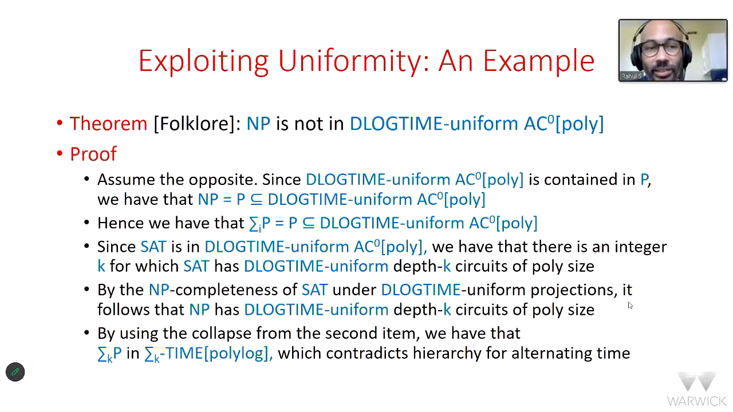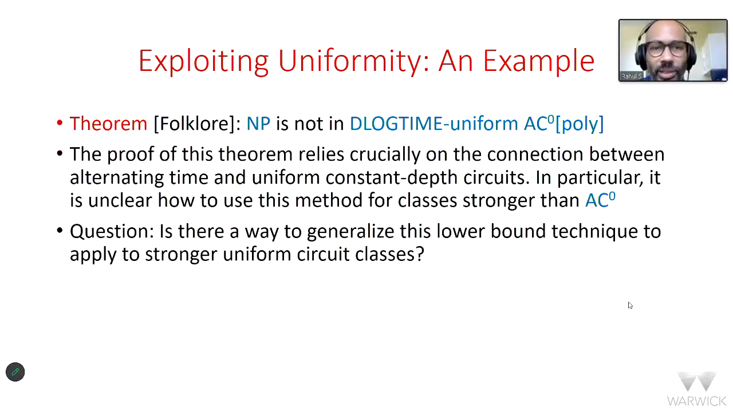So this is how the indirect diagonalization works. It eventually contradicts the hierarchy theorem for alternating time. But the crucial aspect of this argument is the connection between alternating time and uniform constant depth circuits, and the fact that there's this correspondence. And in particular, it's unclear how to use this method for any classes that are stronger than AC0. We don't know, for example, how to use such an argument to show that NP is not in uniform AC0